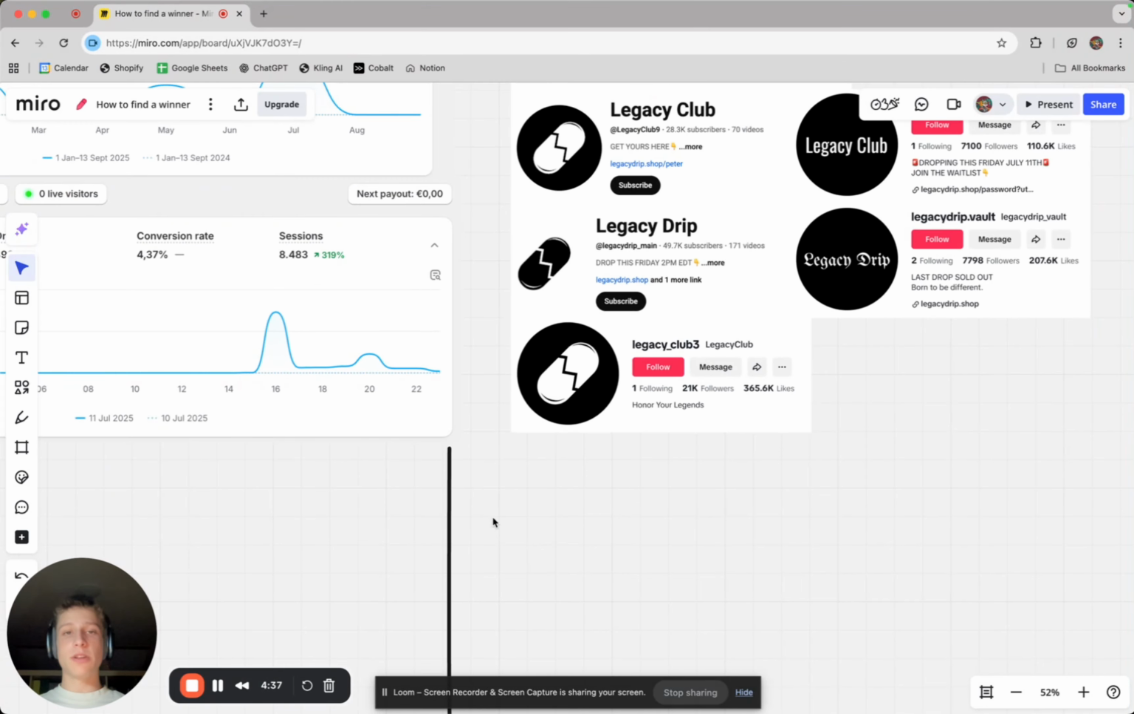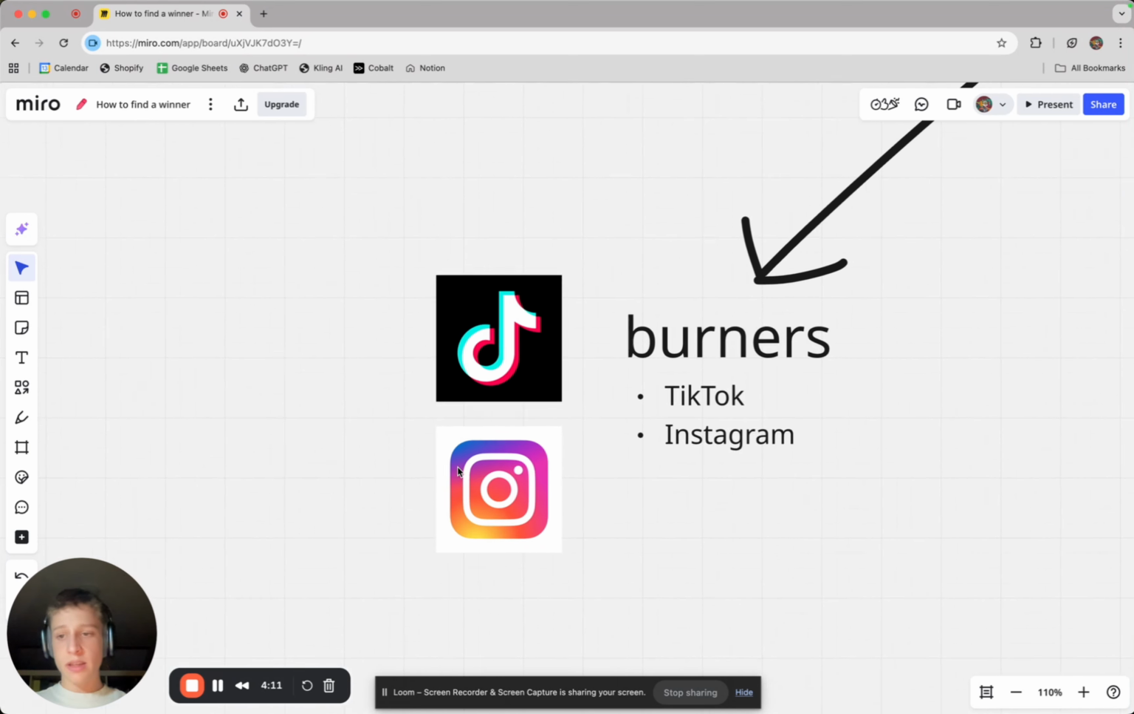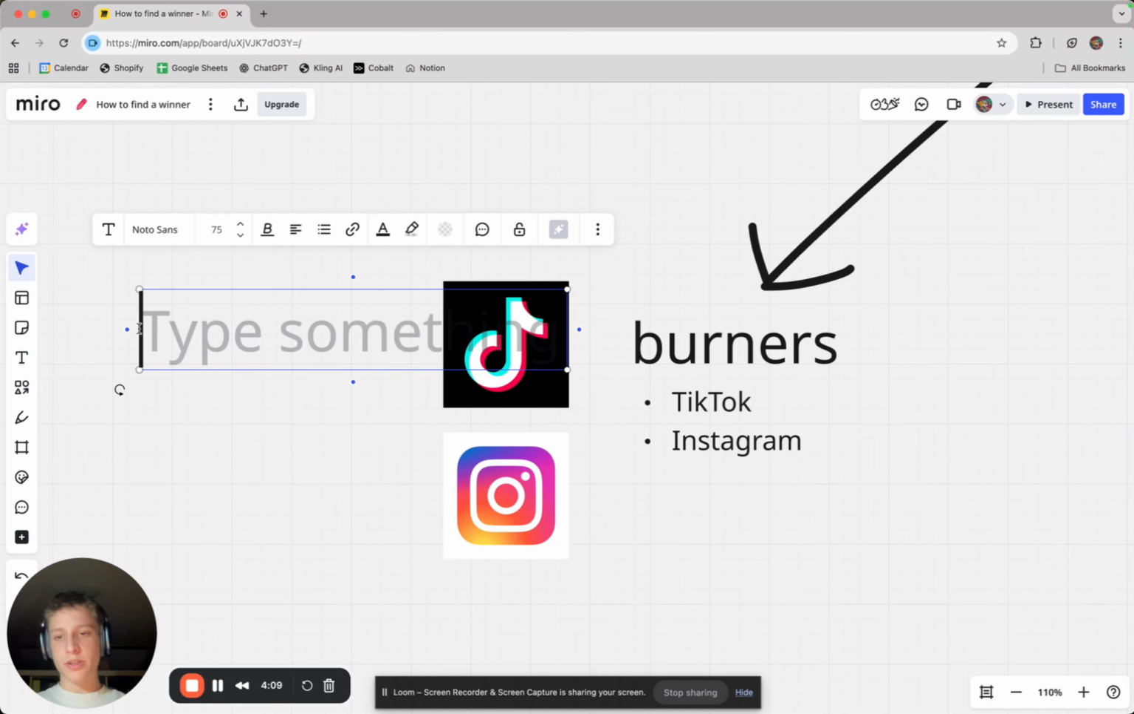So, number one, product research methods. You're gonna have two methods. The first one is your burners, and you have TikTok and IG. So, you basically want to optimize your For You page to show you products. How you do that is you go to the For You page or the search bar and you search up, for example, TikTok made me buy it,